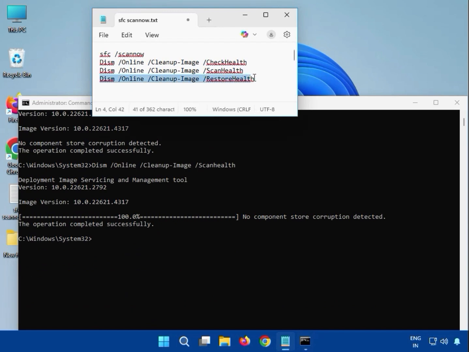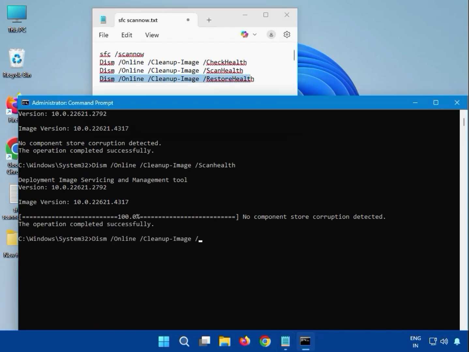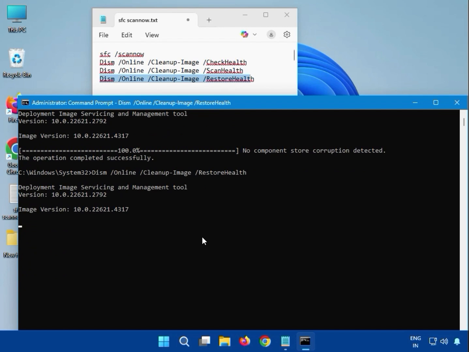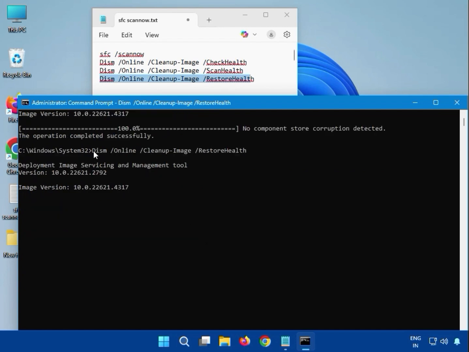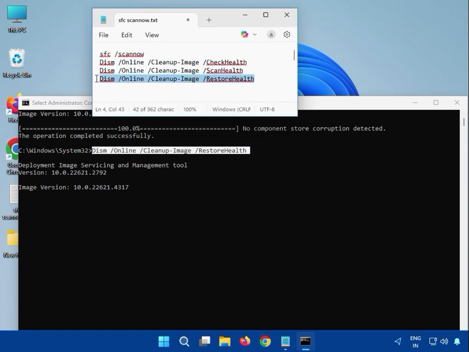Then guys, the fourth one, which is restore health. You can see here, we can enter like DISM and all. And please note small and capital. Okay, restore health, and then hit enter. Again, guys, you have to wait. Okay, it starts the percentage. It will complete. After that, you can see here